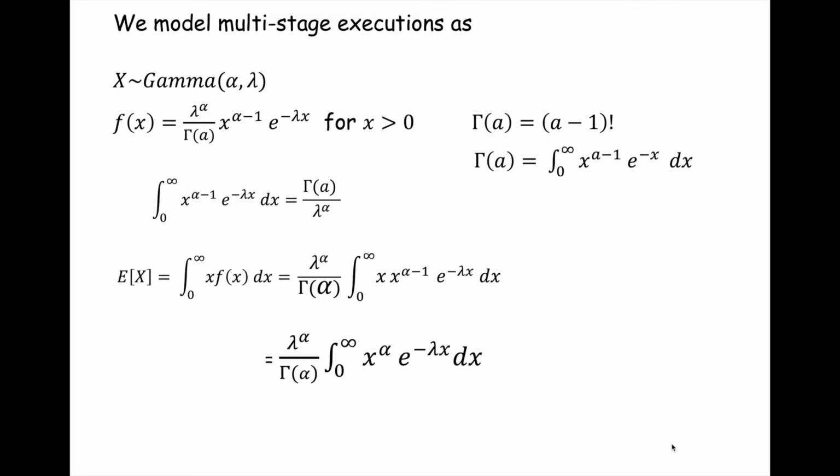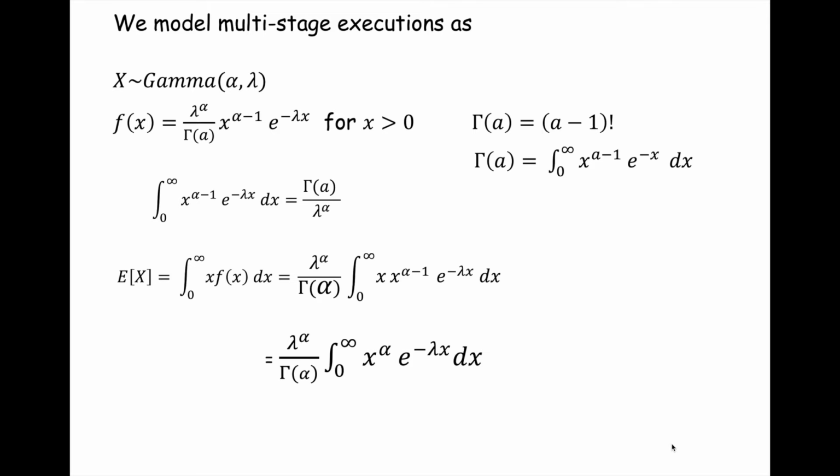Okay. So we also know, of course, that this gamma density is 0 everywhere from minus infinity to 0, right? So I can write the integral from minus infinity to 0 of x f of x dx plus the integral from 0 to positive infinity of x f of x dx. So this part goes to 0 because my gamma density is 0 everywhere from minus infinity to 0. And all I'm left with is this expression.